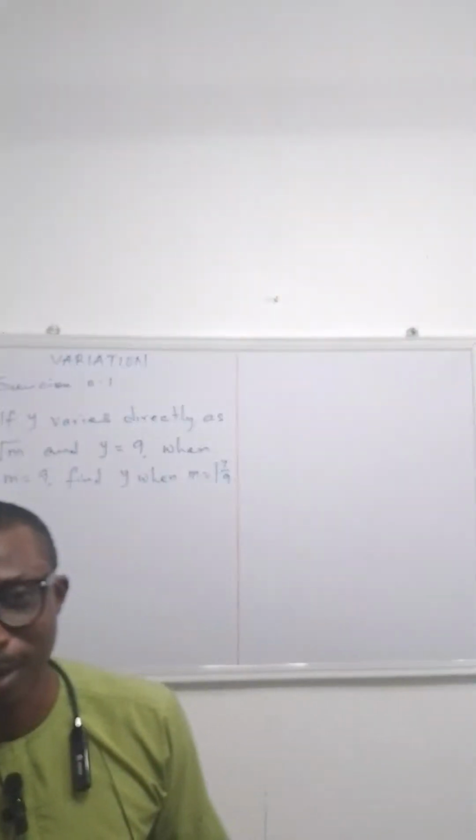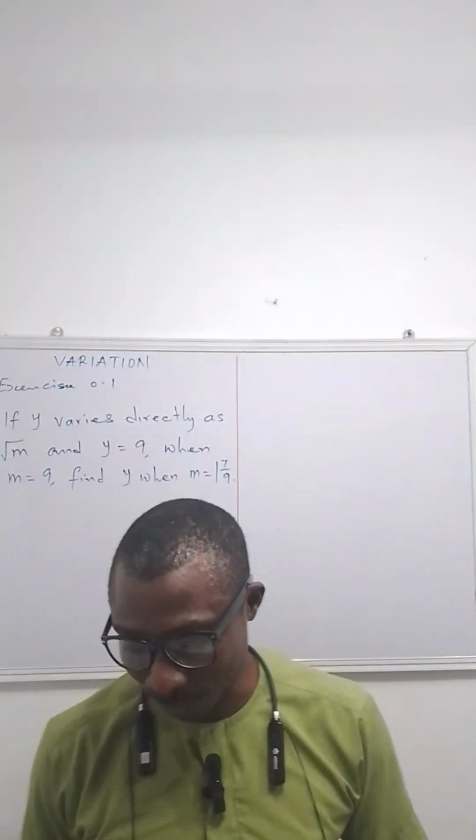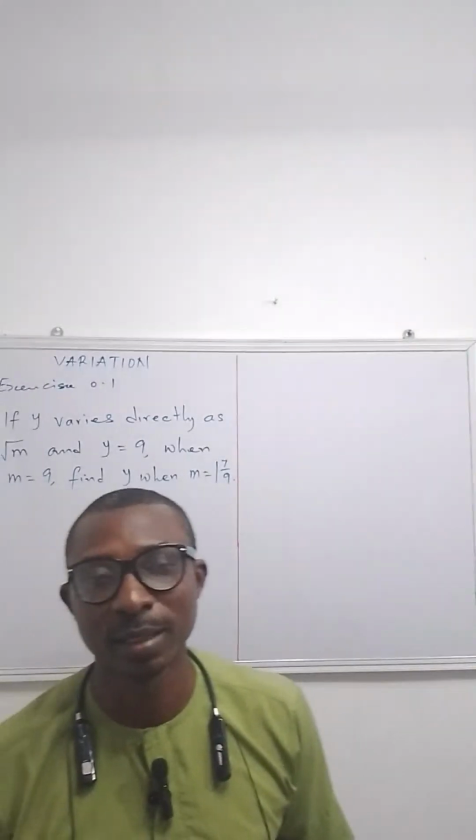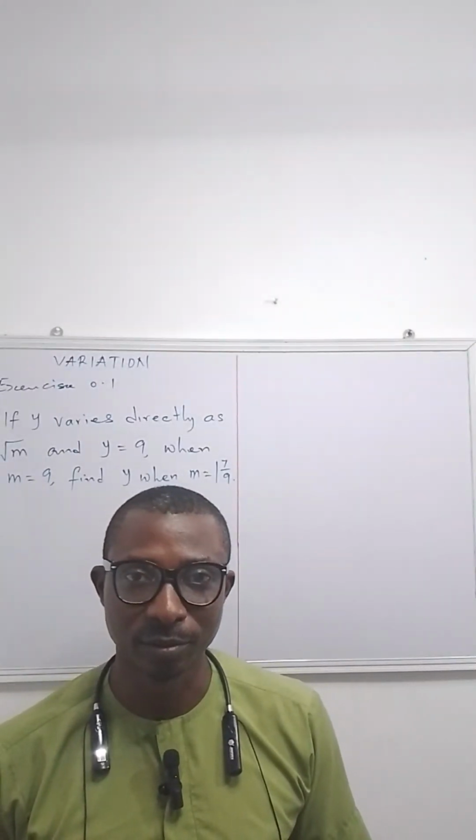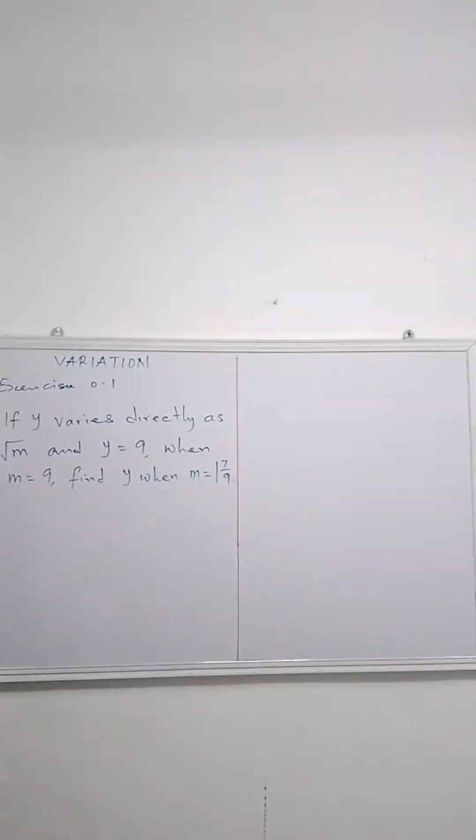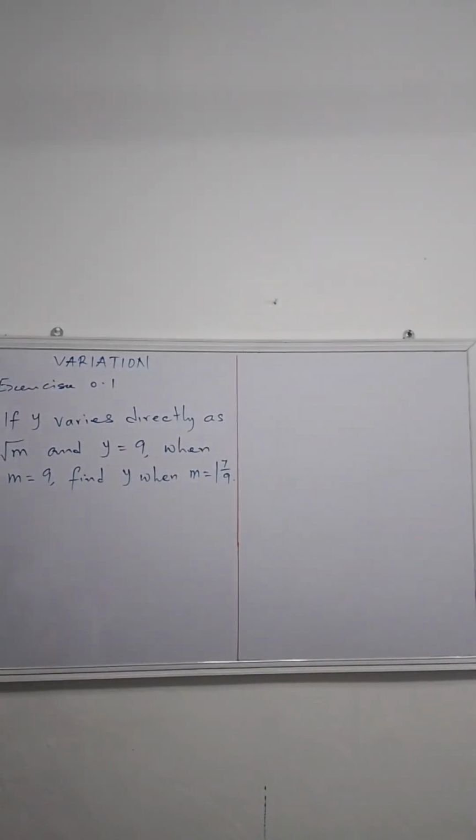So now let's look at the first question. The first question is under direct variation. Now let's look at the question. If y varies directly as square root of m and y equals 9 when m is 9, find y when m is